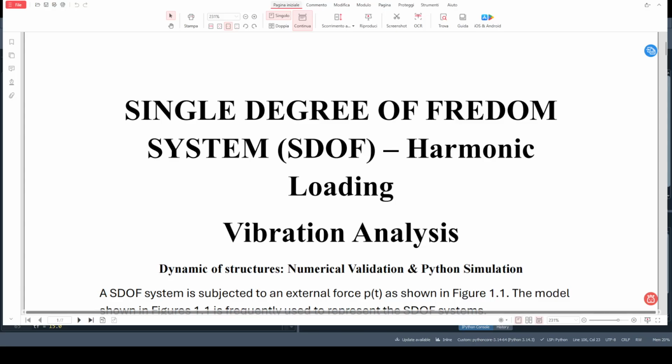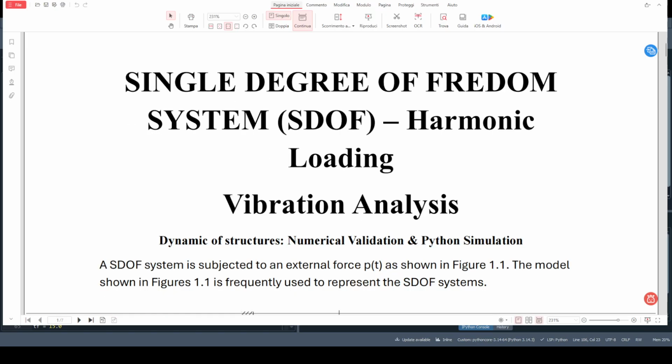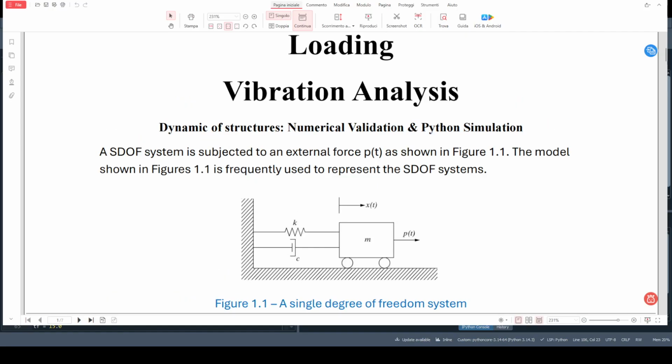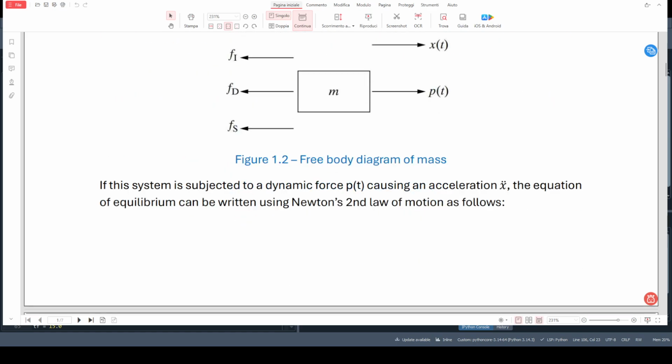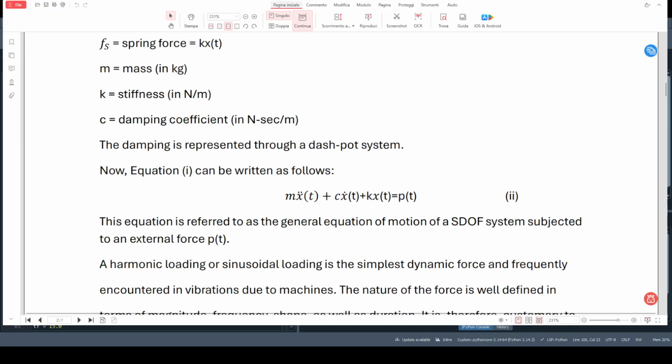Good morning. Today we can see the single degree of freedom system loaded with a harmonic load, and we study the vibration analysis. In this case, the system is a damped system, so there is the spring and also the damping. We remember the differential equation of displacement of this system is equal to